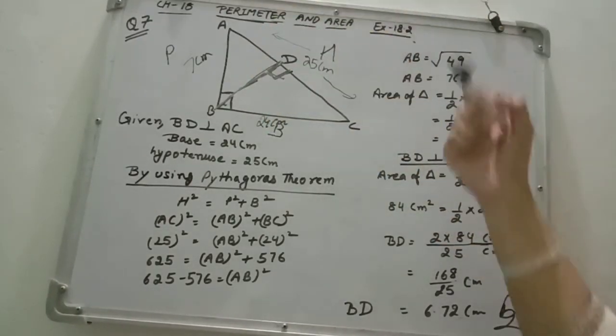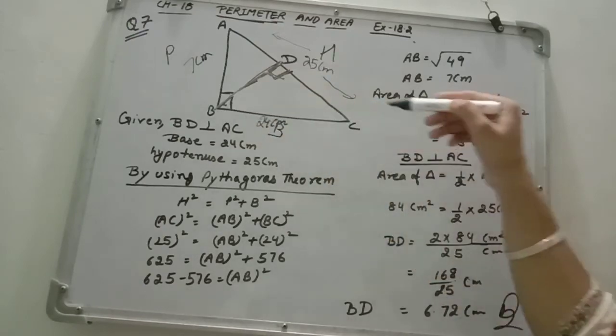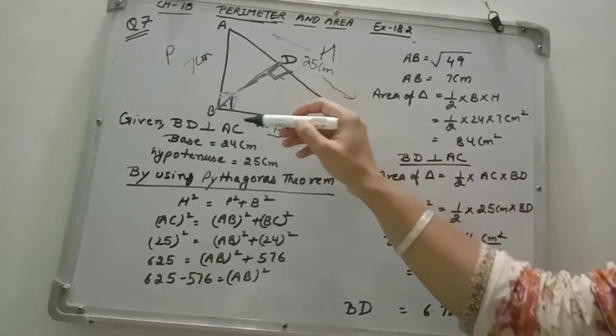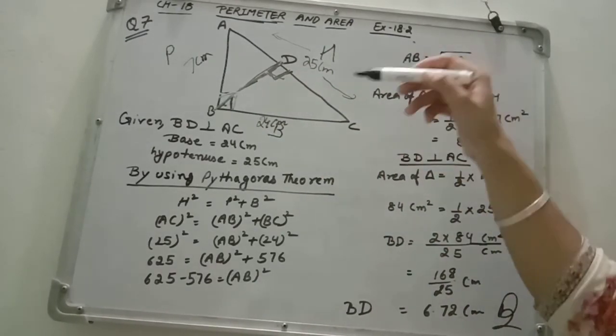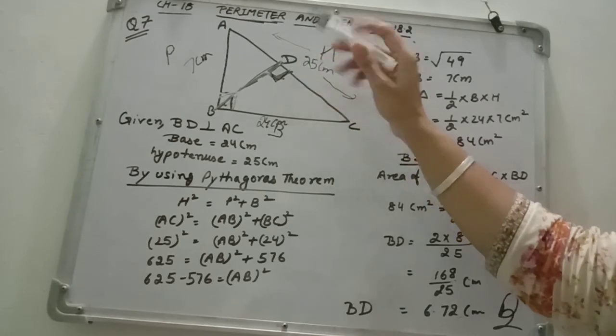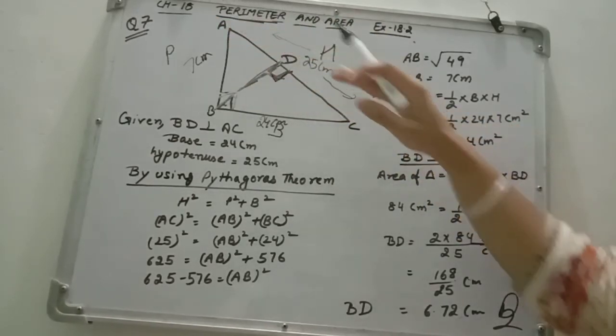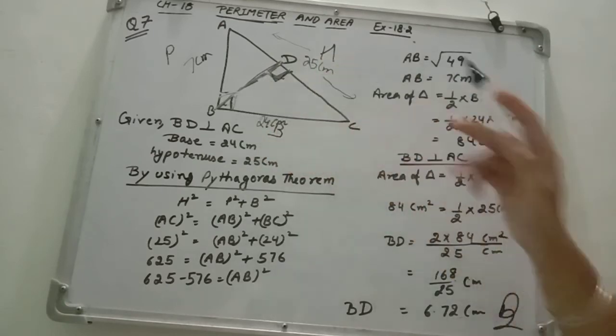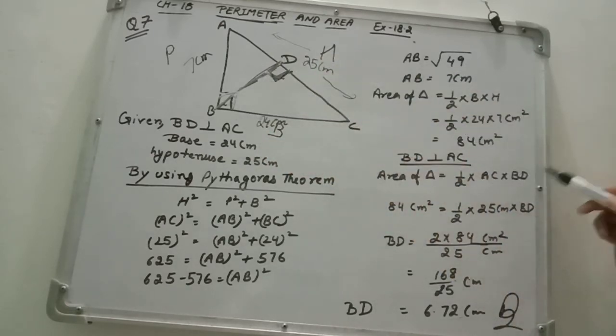First, in the first area of triangle, we took ABC and took this one as perpendicular, AB, then what is base? BC. Now we are taking BD as perpendicular. This is the 90 degree we are taking. So what is the base now? AC. AC is the base and height is BD. Clear? So 1 over 2 AC into BD.